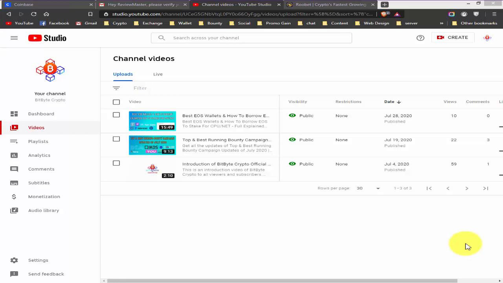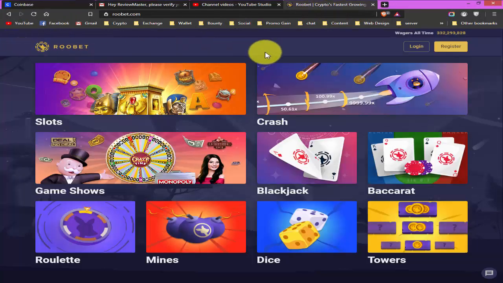Today I am going to talk about the fastest growing crypto casino, which is Robit. Here you can see it has already wagered 332 plus USD worth of crypto.